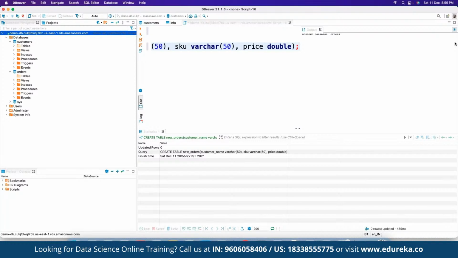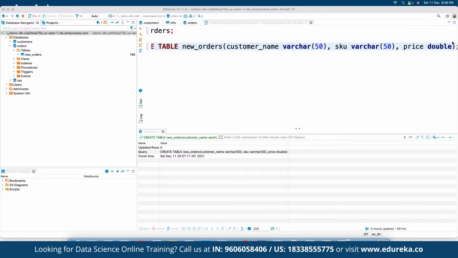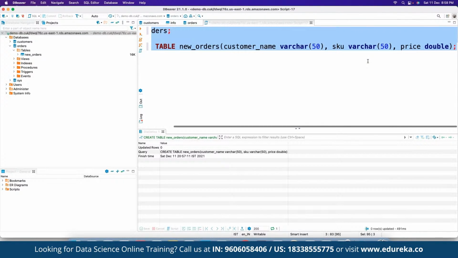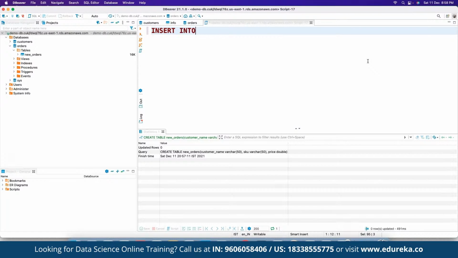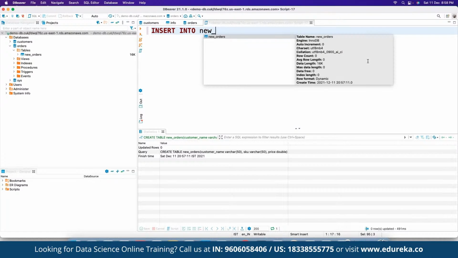And now, suppose we have certain entries that we need to work upon. Here we can go ahead and define the entries, and they are going to be defined accordingly. Then we want to insert values. So here we can use INSERT INTO, the name of the table that we want to define, and then we define values as per the table structure that we defined here. For example, now we want to run a simple INSERT INTO. So here we have INSERT INTO new orders,